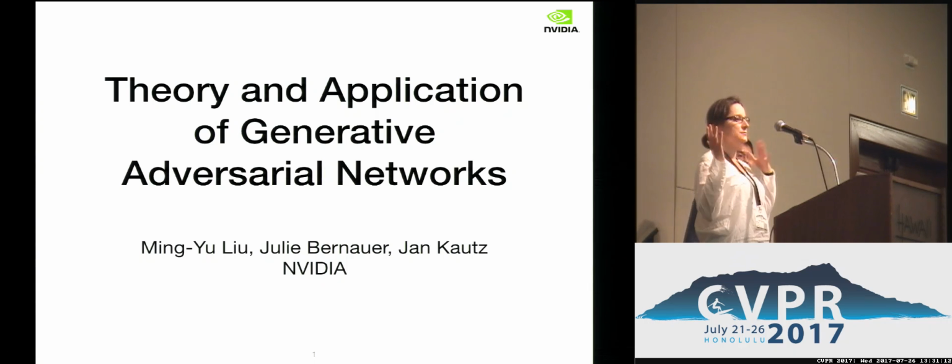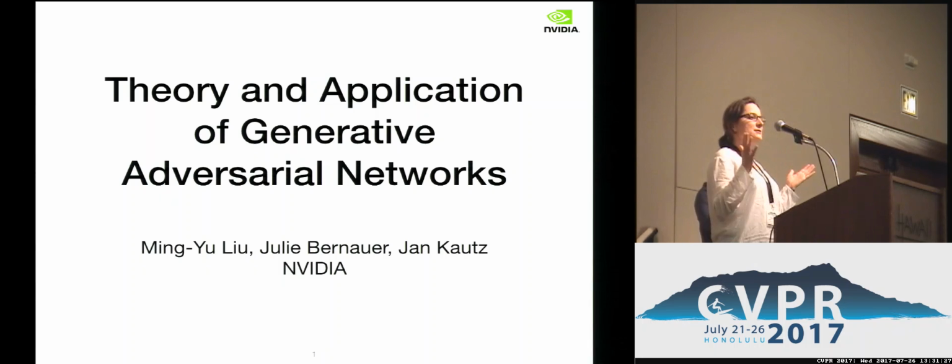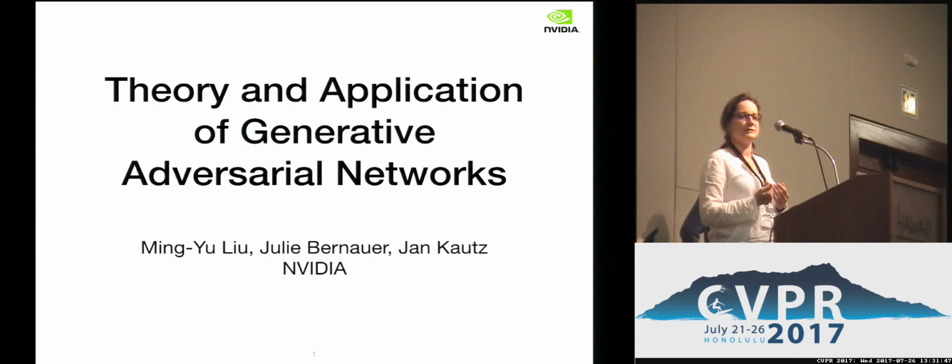Today we're going to have a tutorial on theory and applications of GANs, Generative Adversarial Networks. We're going to do it in 3 parts. The first part is basically an introduction. It's a big challenge for us because there's so much scientific work done that it's very hard to cover in such a short period of time. Then we'll have an interlude where we show you, from that theory, what happens if you have to do something simple in practice, and all the hurdles you can see. Then we'll have a short break, and then a third part where we'll tackle more advanced concepts.